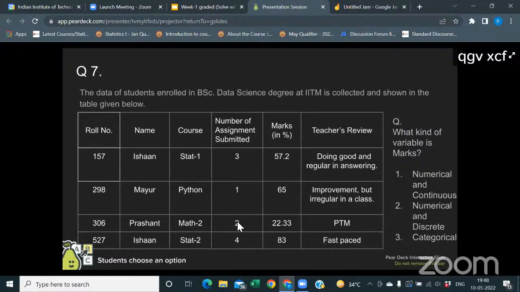And continuous is something like, suppose I'm saying height of a person. Height of a person is not something you can count. You can measure it in centimeters. Then it will come in the continuous. Discrete means something that we can count, and continuous is something that you can measure, and it can take any value. Suppose I'm saying speed of a vehicle. Counting is not making sense. You can measure speed of a vehicle, like 40 km/h.